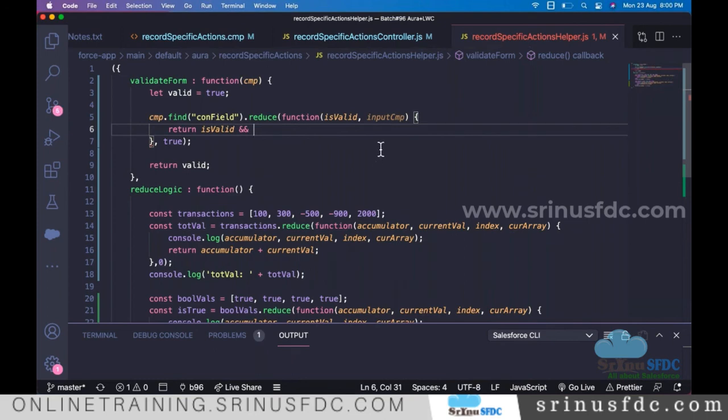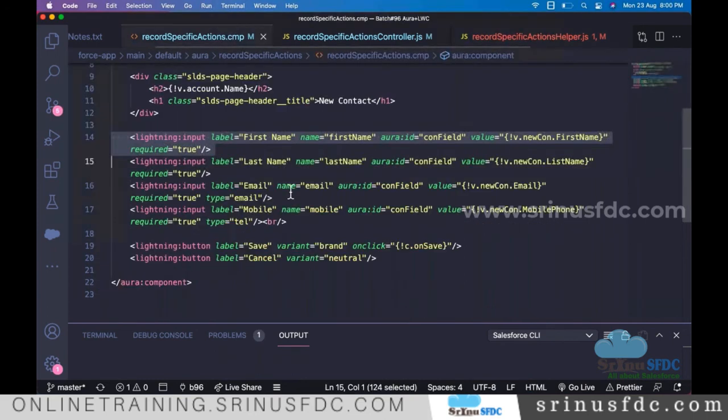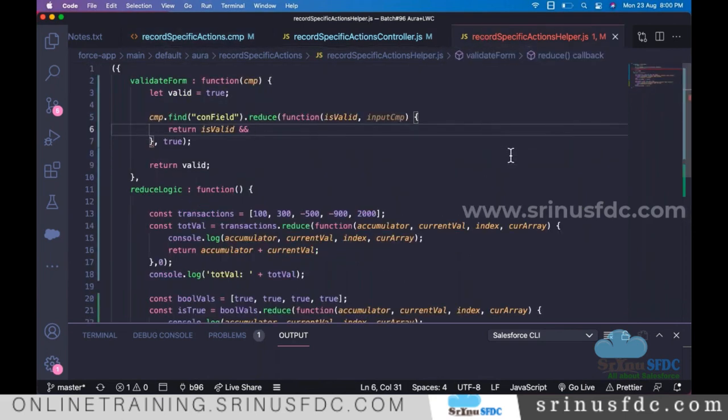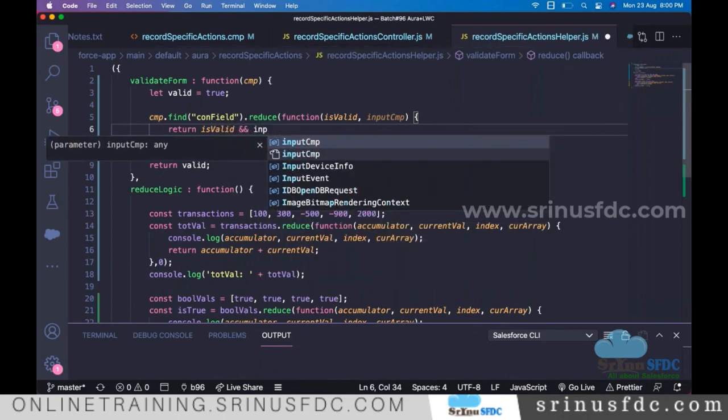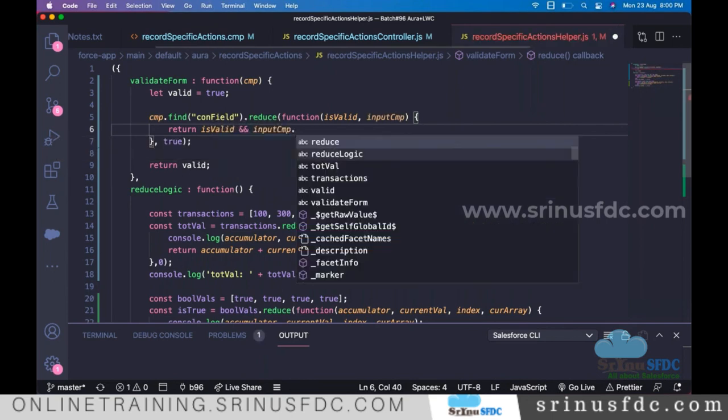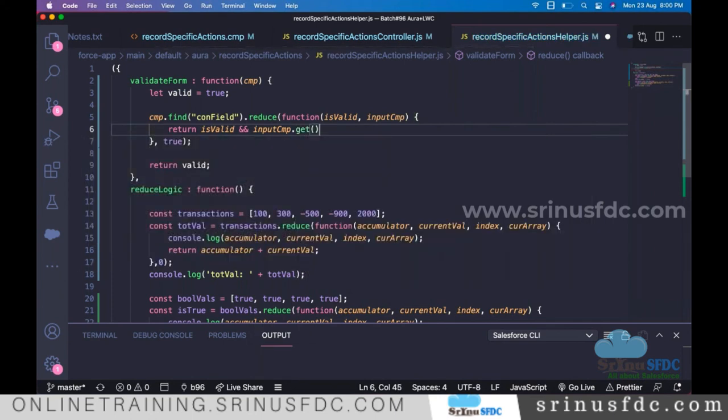I want to validate each and every value since it is required. Really, are we populating it as required? Is it giving the value or not? So to get that, whether it is valid, that means whether they entered the value or not, we can say dot get.